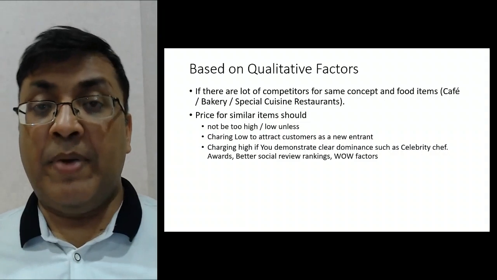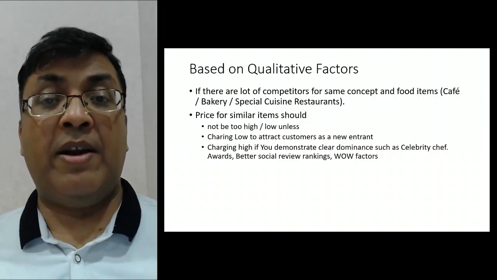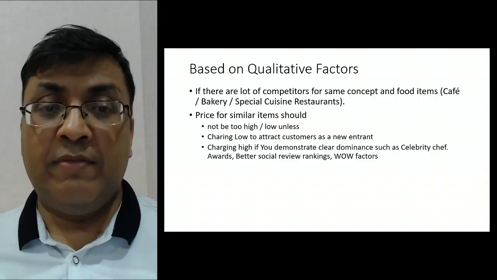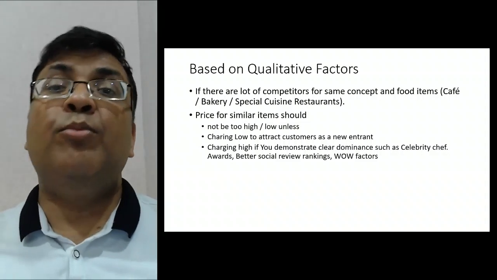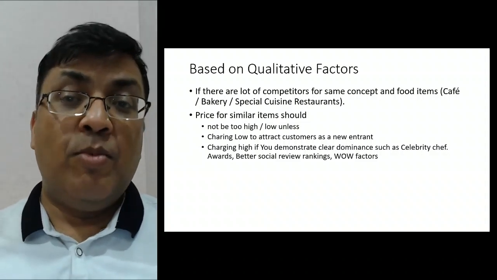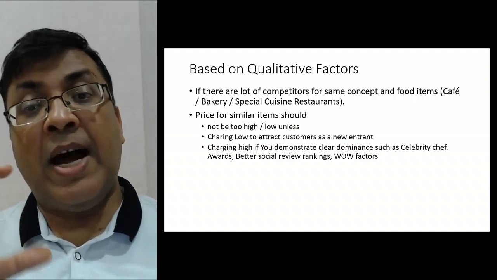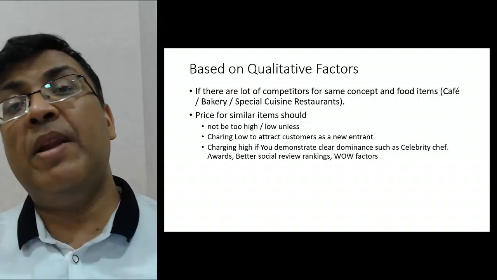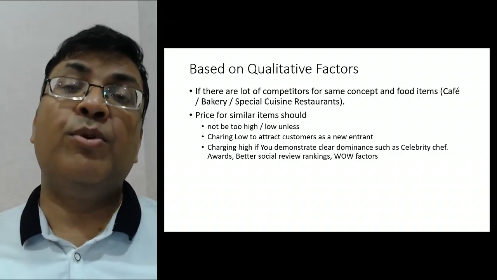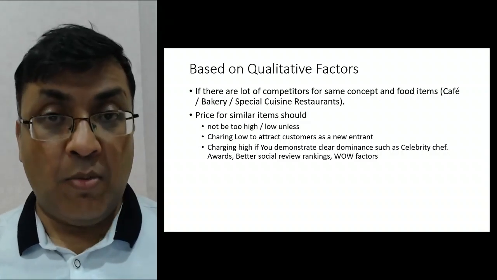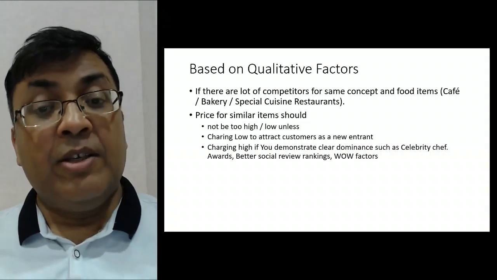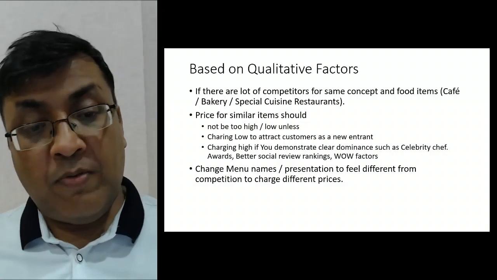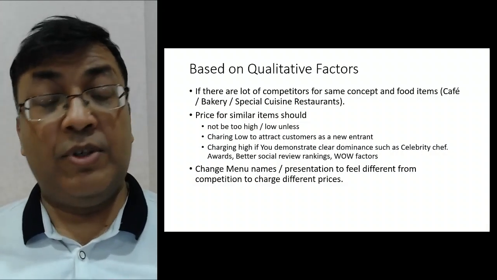If there is no other factor, which means you are established already and there is no differentiation factor, then your prices need to be similar. That's what you will see most of the time in the food court. The main course items would probably be similar all throughout, because they don't want to lose the customer to the competitor, especially for comfort foods. Now if you are providing comfort food, then you have to charge similar prices.